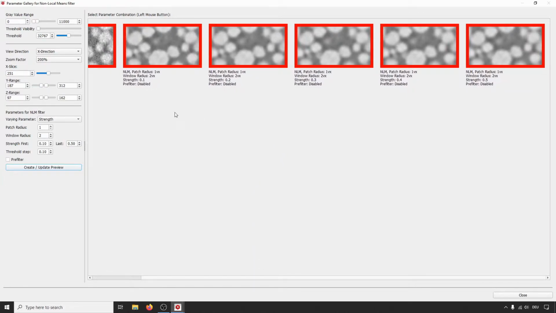results for strength, and here you can see that with a smaller value it's noisier, and it gets less noisy but a bit more blurry with higher values, and I think here the value for 0.4 looks quite good. Just to see that everything gets more blurry for higher values, we changed the last value here to 0.8 or even to 1.0.